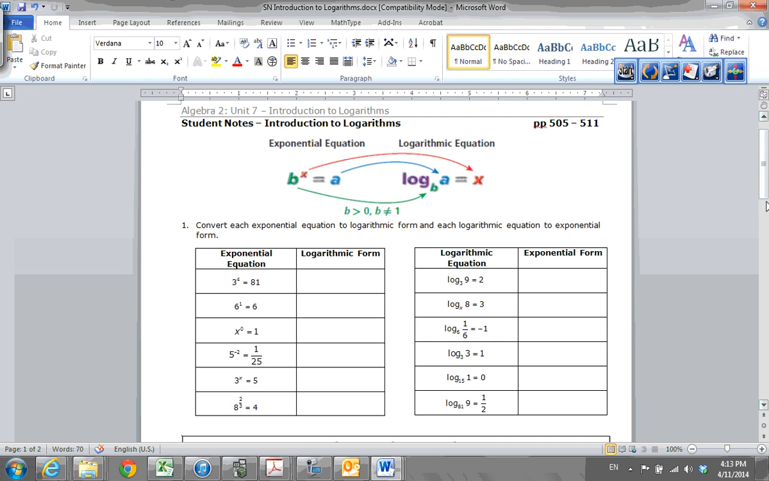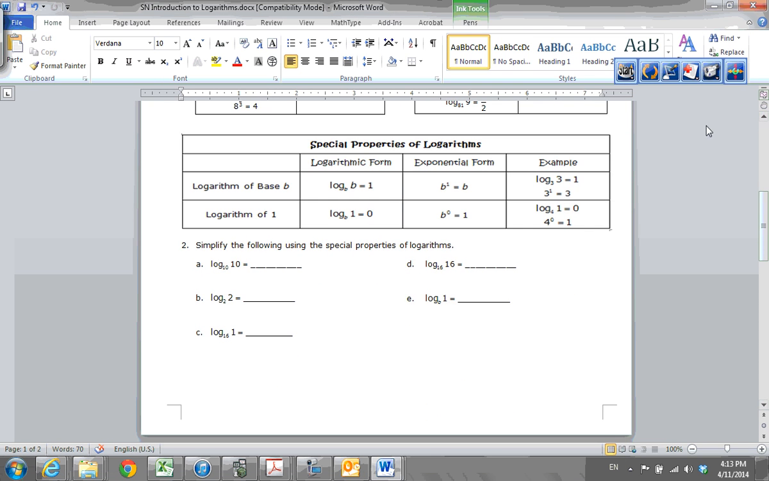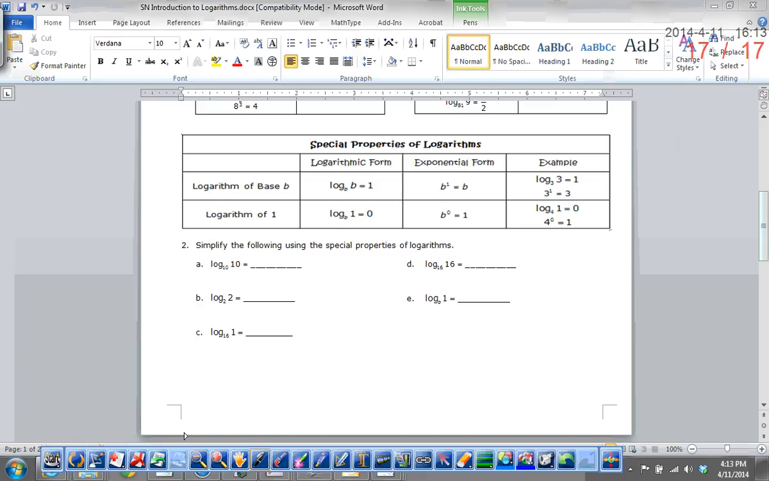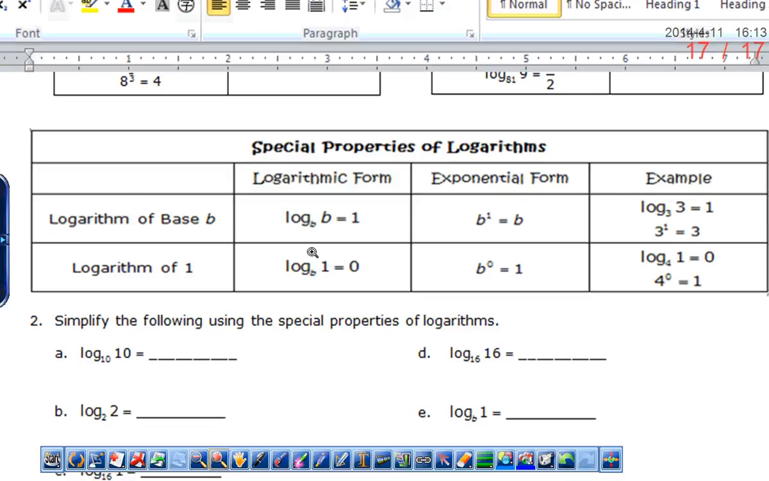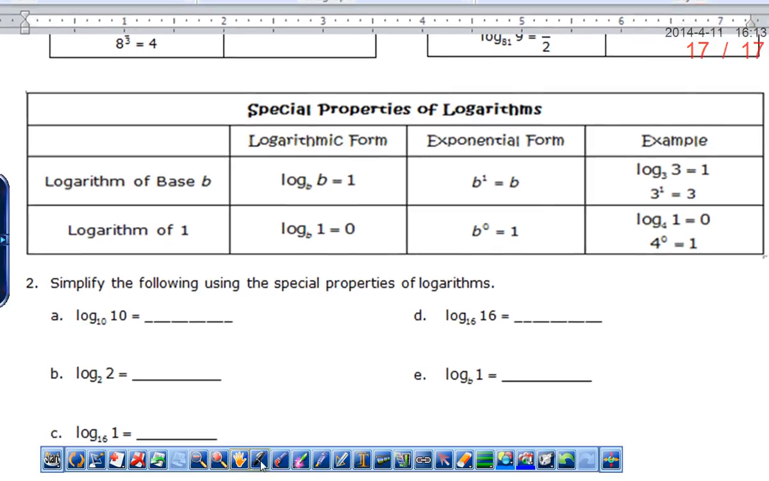Got a couple special properties here. Very easy, very basic. Anytime you have the log base of the same number as the argument, so b and b, 10 and 10, 2 and 2, 16 and 16,